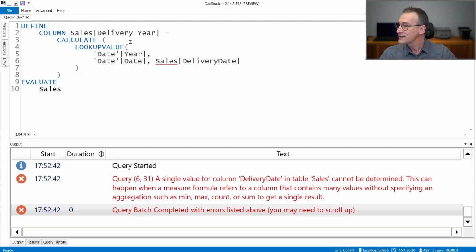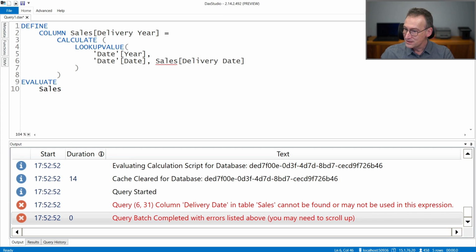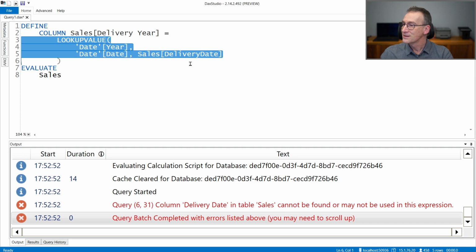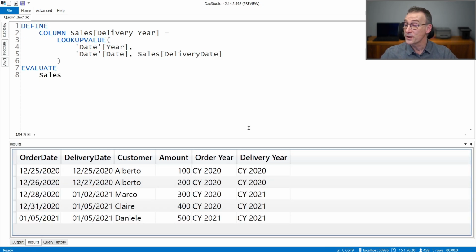Why that? Do we have a space? No. Calculate. Oh, I have calculator. My bad. No space here. But we need to get rid of calculator. Okay, now it's working. You see, we have the delivery year, 2021, correctly computed, 2020, correctly computed, just by using